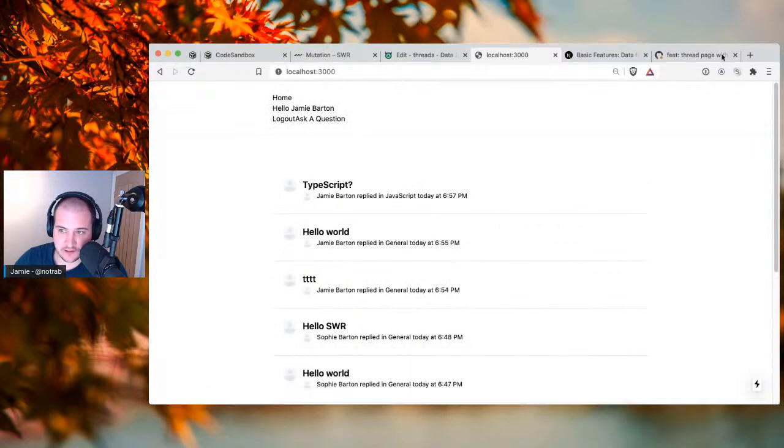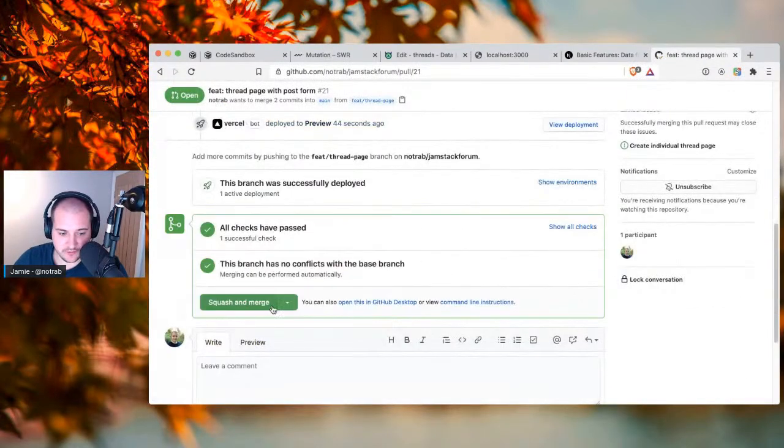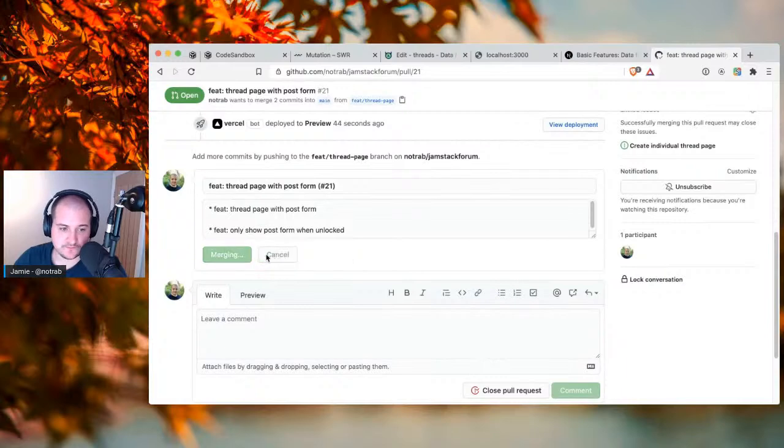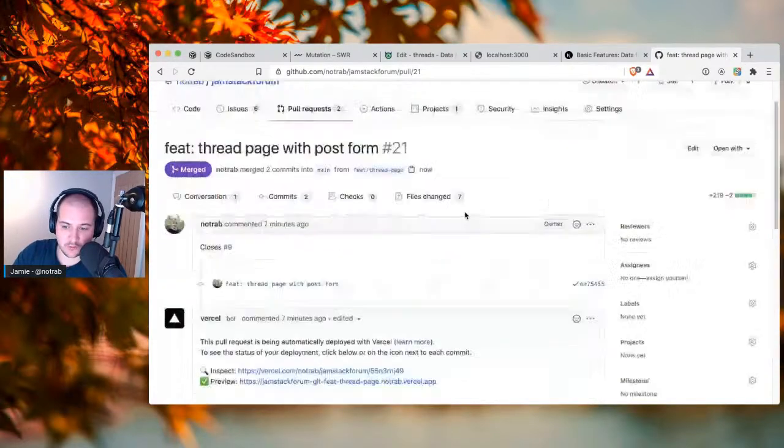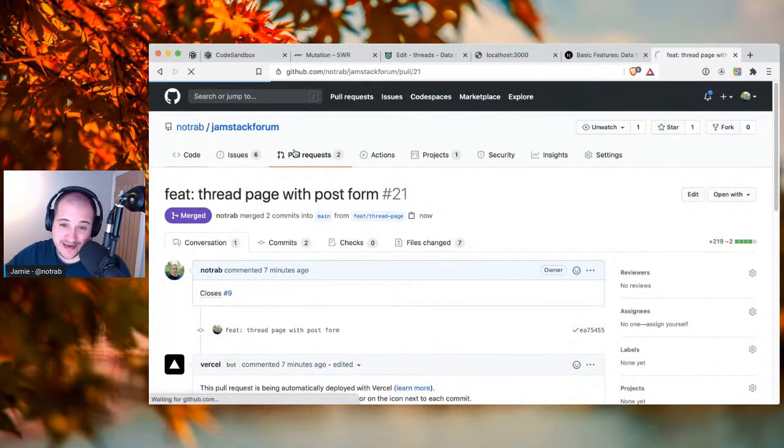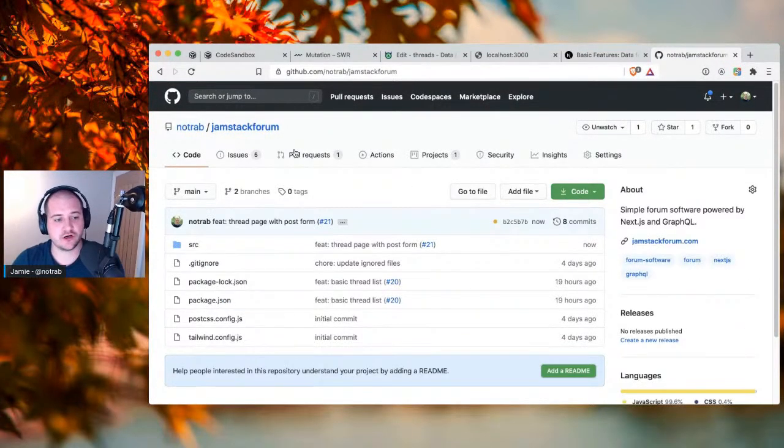There we go. Let's go ahead and merge this up. Squash and merge. There we go. All merged into master. So now you will be able to go to jamstackforum.com, create a thread and reply. Please don't abuse it. I'll wipe the database anyway, but we'll be using the same database for development at the moment until we get the database kind of solid, and then we will create a development branch off that and have a separate Hasura instance for preview and development. But for now, if we head on over to jamstackforum.com